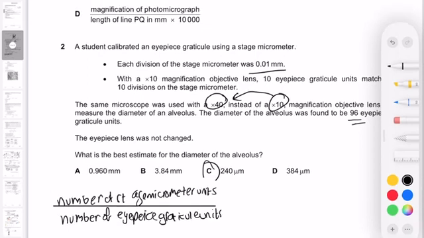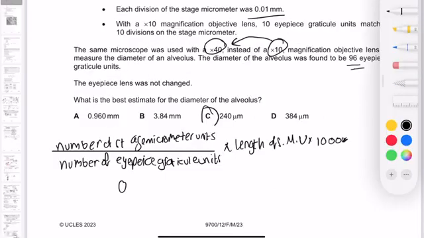And basically we multiply that by the length of one stage micrometer unit, and multiply that by 1000, because it's usually given in millimeters and we want to convert that to micrometers. So that's just like a rapid formula. And if we rely on what's given to us here, then we can immediately say it's 10 divided by 10 times 0.01 times 1000, which should give us 10,